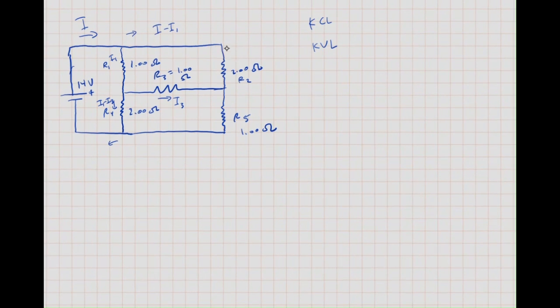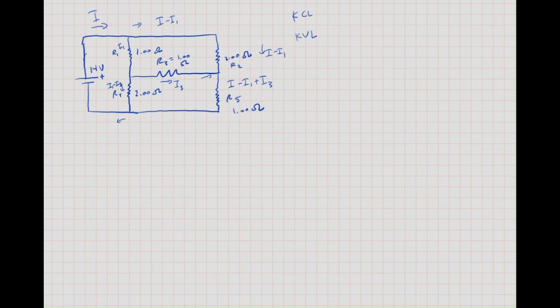So we know the current for this is I1, this is I3, and this is going to be I1 minus I3. For this one, the current coming down will be I minus I1, and this current adds to it, so it becomes I minus I1 plus I3. That'll be the current going through the R5 resistor. So once we've gotten that out of the way, we'll focus on